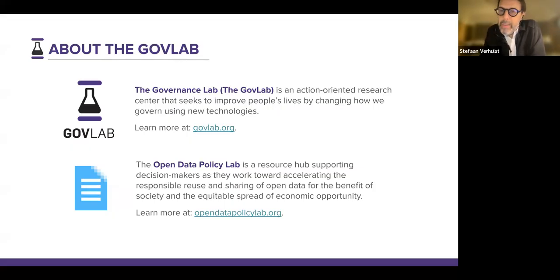So anyway, we've done that, and Hannah already introduced myself, and those who are familiar with the Innovate US series probably are familiar with the GovLab. So we are an action research center focused on how do we change the way we make decisions in society, leveraging new technologies. And obviously one asset that technology has generated is data.